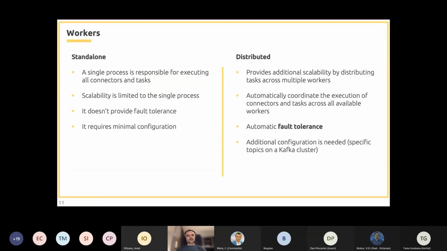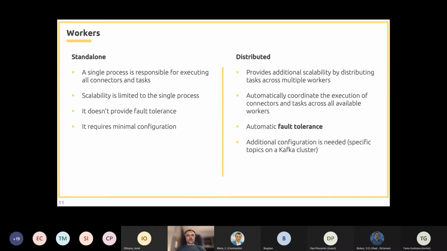And we have the distributed mode, which needs at least one worker to operate. And of course, if we use a single worker, we have the same limitations of the standalone mode.